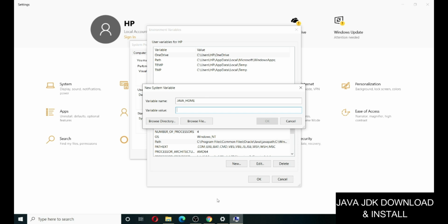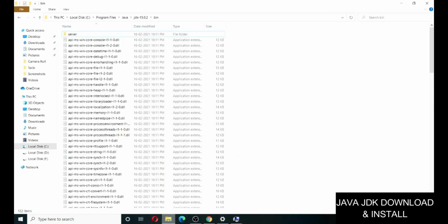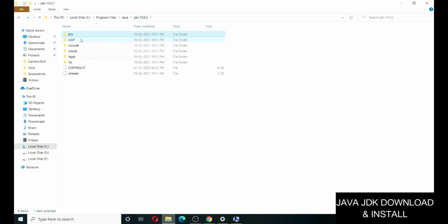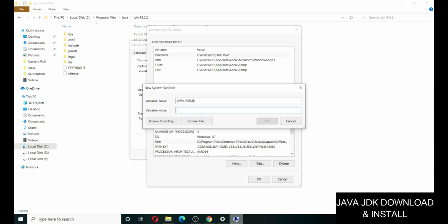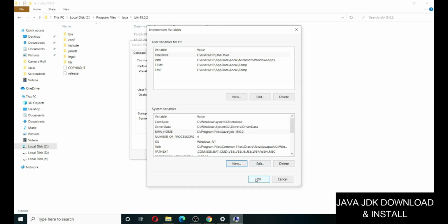And the variable value will be the path up to the Java folder. You just need to copy up to the Java folder and then paste it here. And then click OK. Now you just close all the windows.